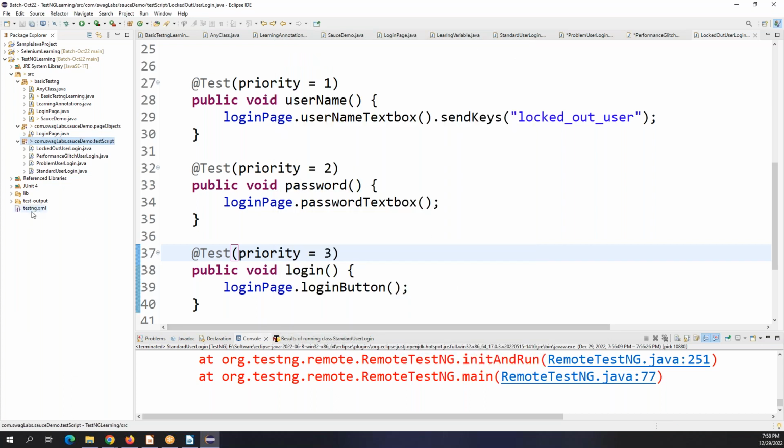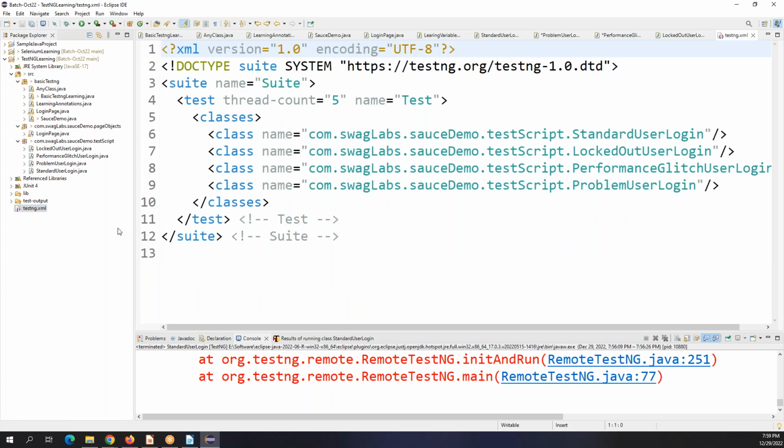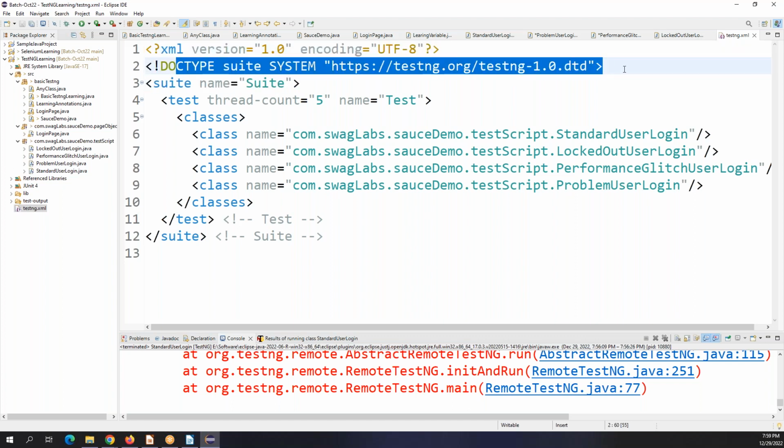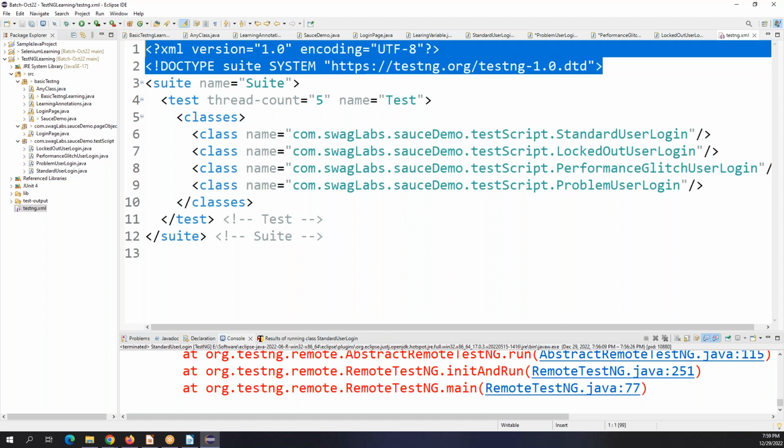Once you click finish, there is a new file created in your project, called the testng.xml file. This is a very important file for TestNG. Double click on this file and open it. Then you will see something like this. In this file, there is a version and encoding for the XML, and the doc type and TestNG. These are the two basic pieces of information of your